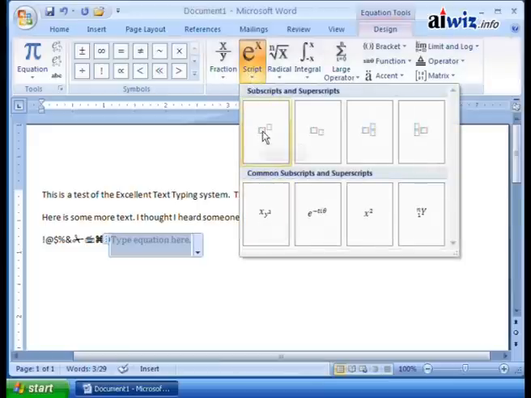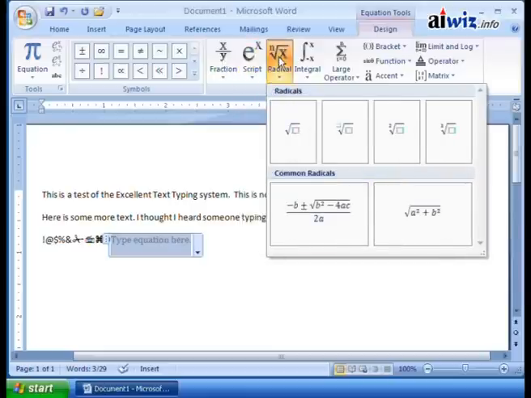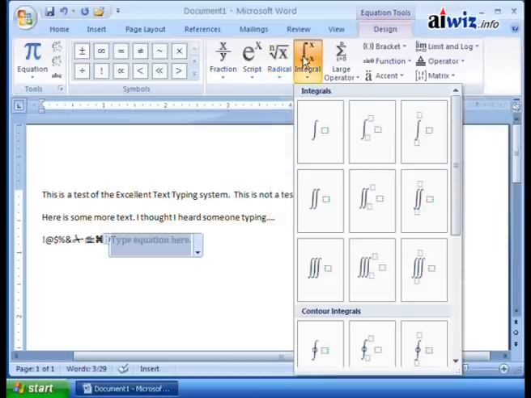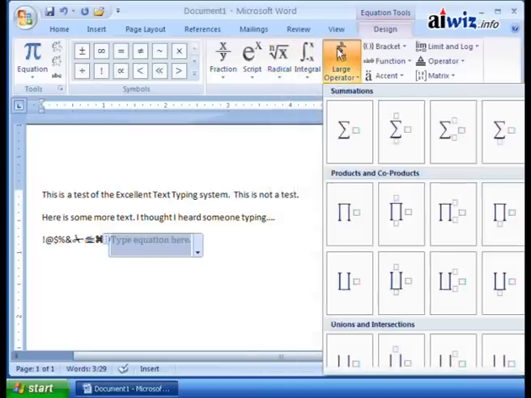It'll show you how you can insert the different symbols into the script. It's amazing what you can do nowadays. The radicals, you can change your radicals. A common one, there's the quadratic formula. You can do integrals. You can do the large operators where you're using summations, unions, and intersections. All kinds of neat things, especially if you're working in the math or engineering world or science world, now